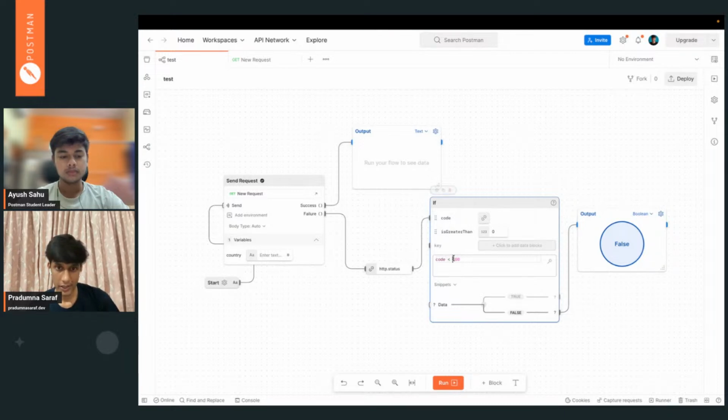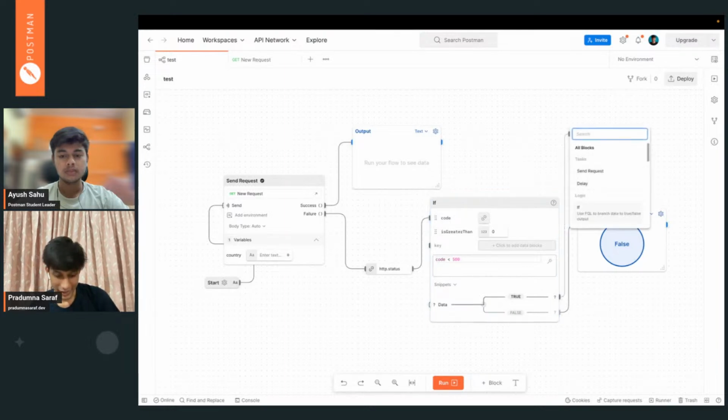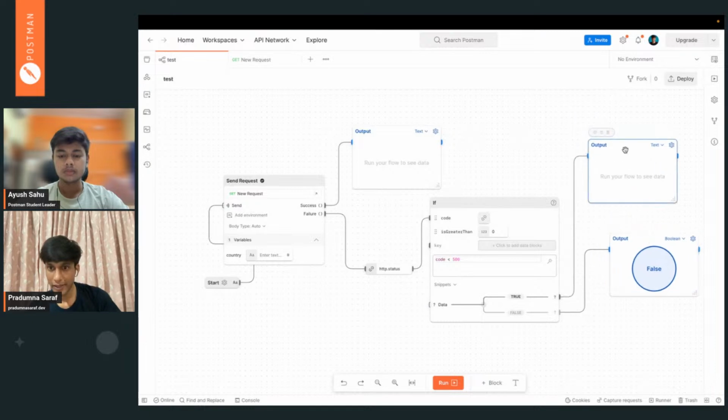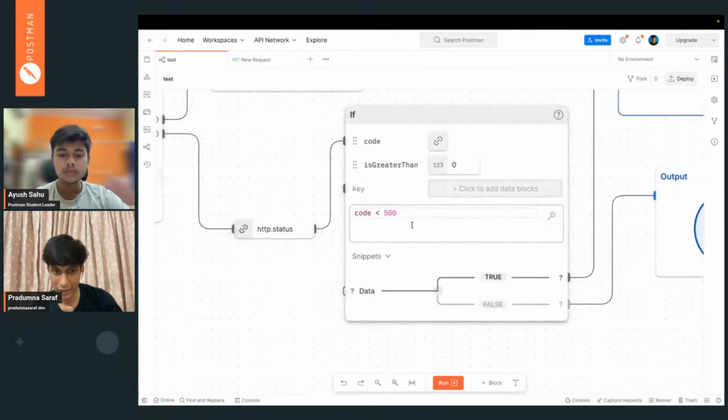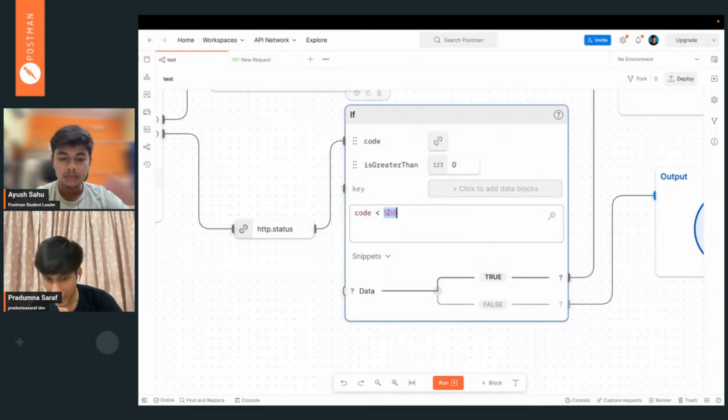So if we change it to 500, now you will see it switch. And I really want to show one more thing over here. If you pay attention over here, as we change from 400 to 500, you can see the switch over here.